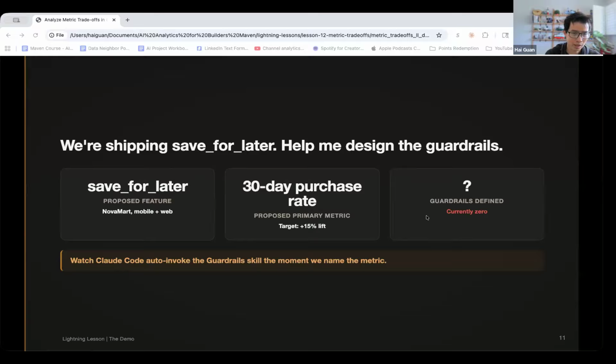And let's say a product team is looking to ship a feature called save for later, so some sort of a button that's like, instead of buying now, I'll just save it for a future time, and then you can come back to it pretty easily. Hopefully this is straightforward because of the whole Amazon mechanic. Our goal is to understand, for this feature, and given a primary metric of 30-day purchase rates, what would be possible guardrails